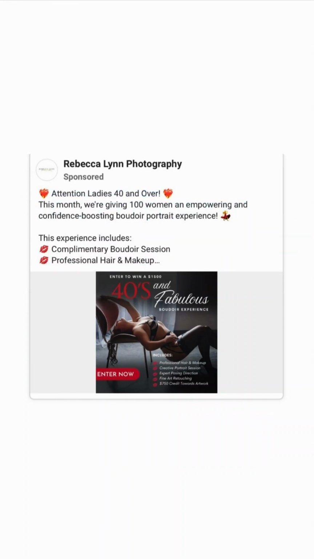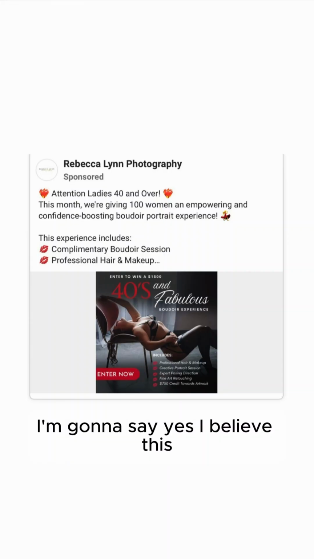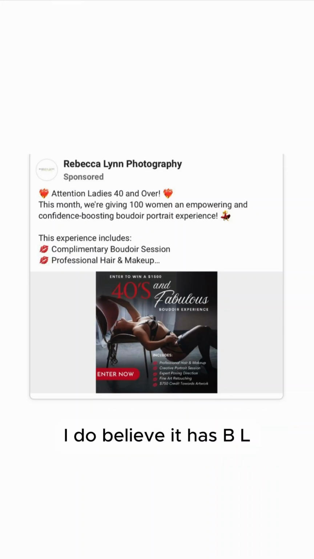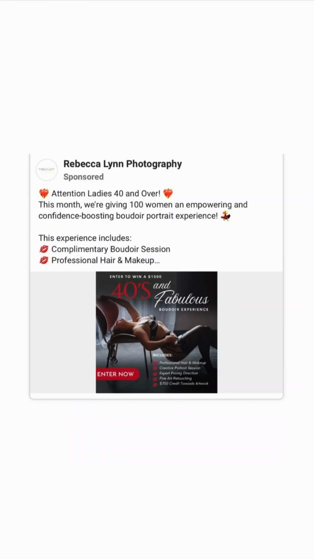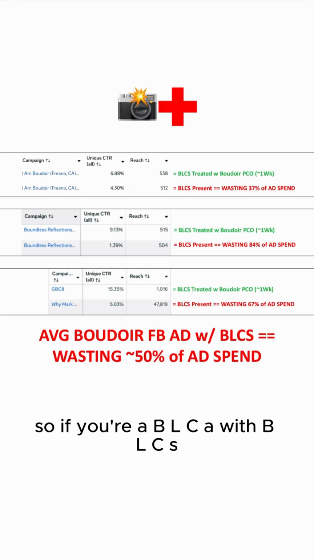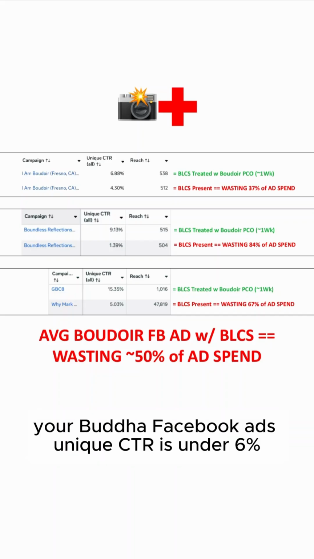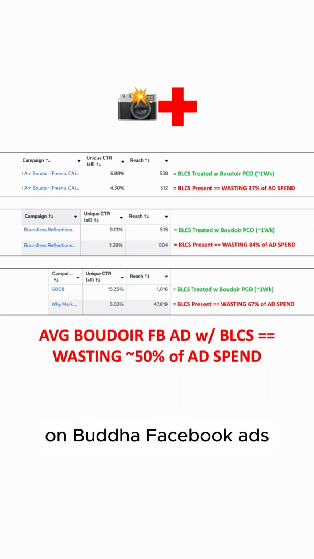So, all right, looking at these two things that I commented on, I'm going to say yes, I believe this boudoir Facebook ad has a unique CTRL under 6%. Therefore, yes, I do believe it has BLCS, aka boudoir low click syndrome. So if you're a BLCA with BLCS, a boudoir low click advertiser with boudoir low click syndrome, your boudoir Facebook ads unique CTRL is under 6%, and you're spending more than 10 grand a month on boudoir Facebook ads,